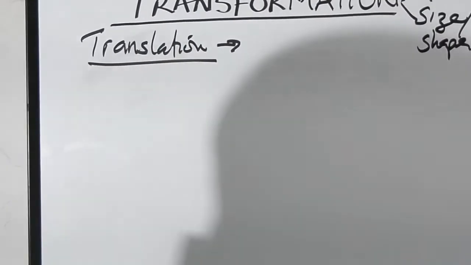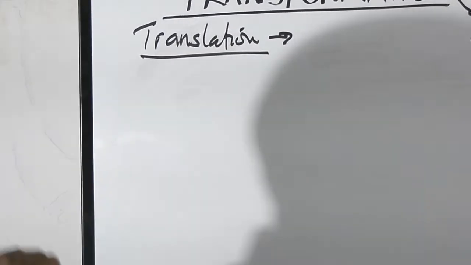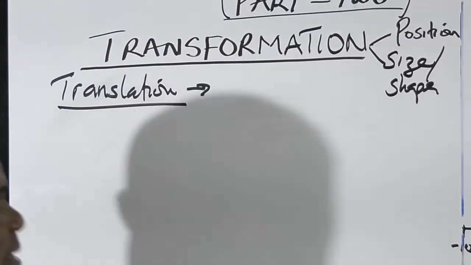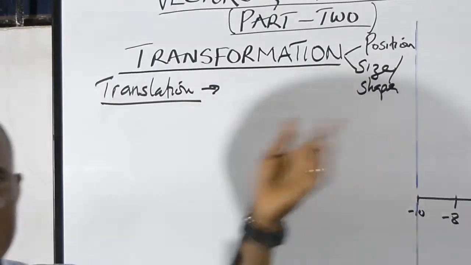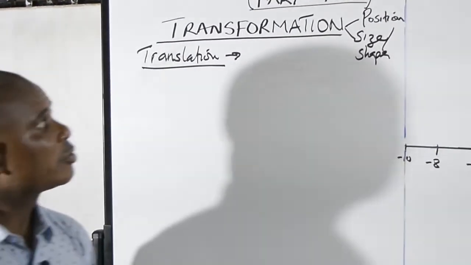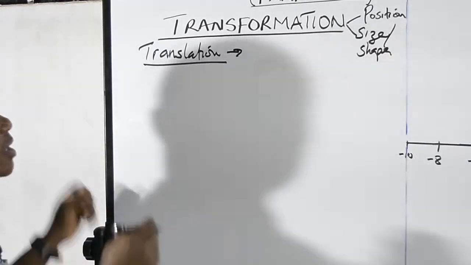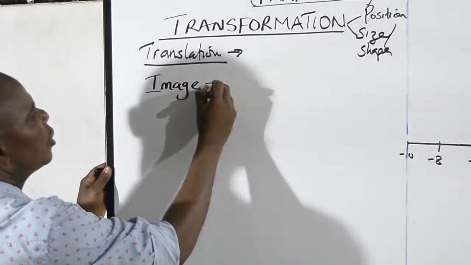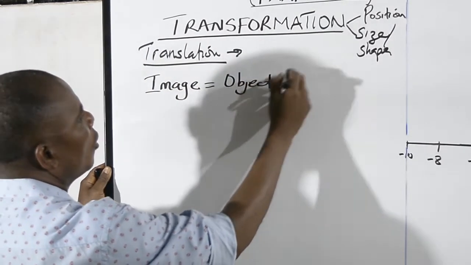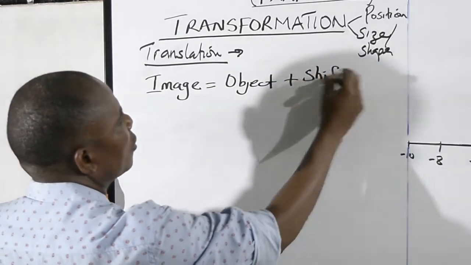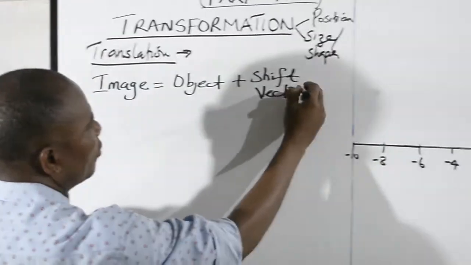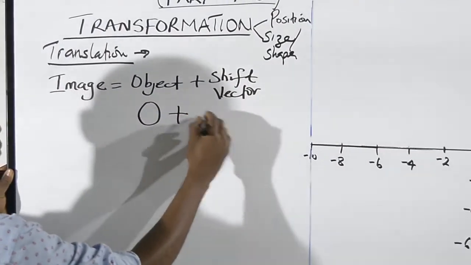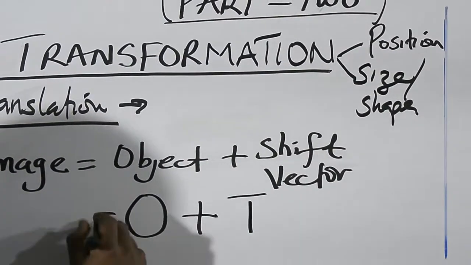That's what human beings do as well. Moving from your house to the school is you translating your body, because all the parts of your body will move in the same direction and by the same distance. So vectors also can move from one point to another based upon the translation vector. So in translation, the basic formula is that the image is the object plus the shift vector. That shift vector is also called a translation vector. So let me use capital letters for all of them. We have the translation vector, which is the shift vector, and the image.